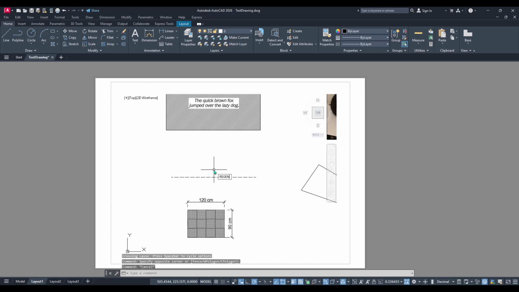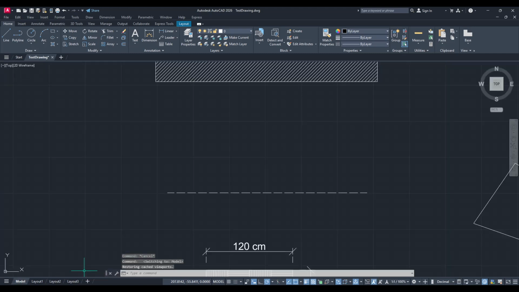Next, for consistent behavior between model space and paper space, verify that PSLTSCALE is set to 1. Type PSLTSCALE, press enter, and enter. With PSLTSCALE set to 1, line types in model space respond to the current annotation scale, which helps ensure your dash patterns feel consistent as you change scales. If it's off, you may see different dash lengths in model space that don't align with what you see on